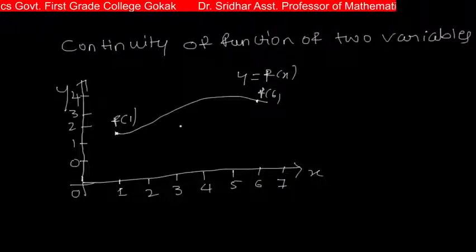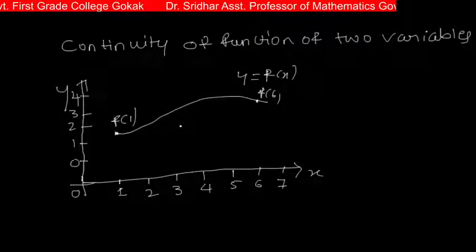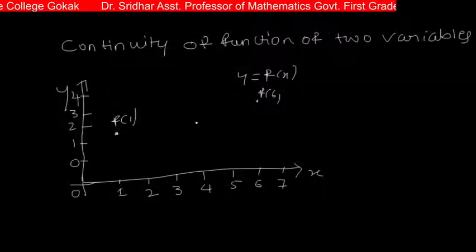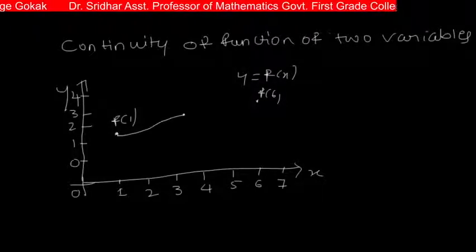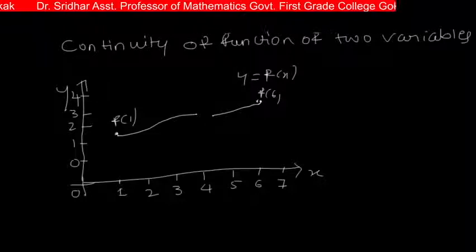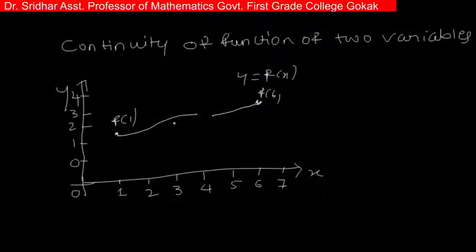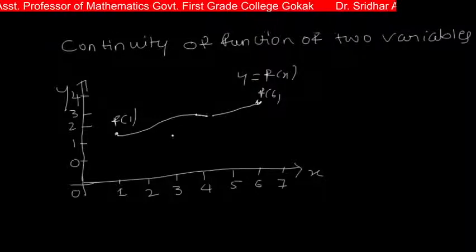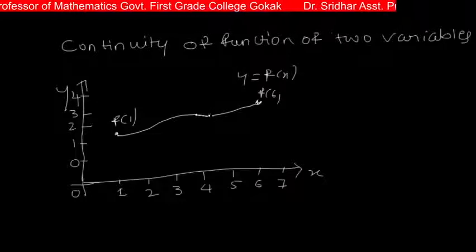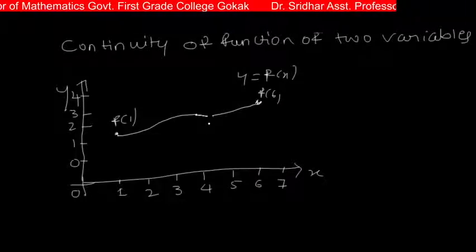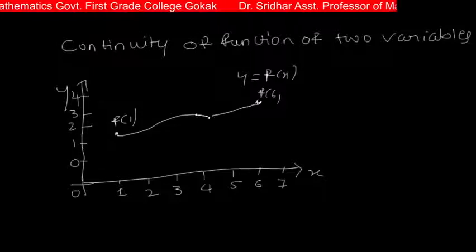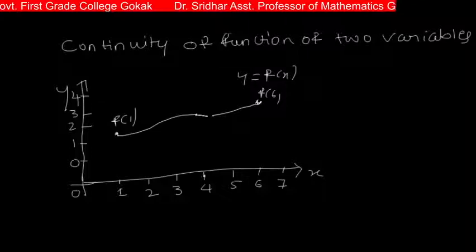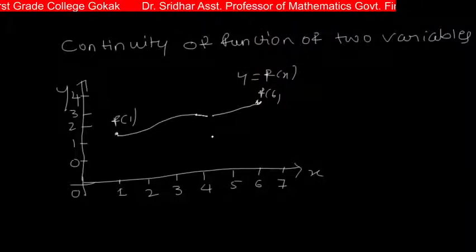Suppose that I don't have any point in this curve. Let us take an example, say consider this is one curve. Now here at this point there is no point, so it means there is a gap. At this point there is a gap. That means a gap means what? Say this gap is corresponding to the point what?